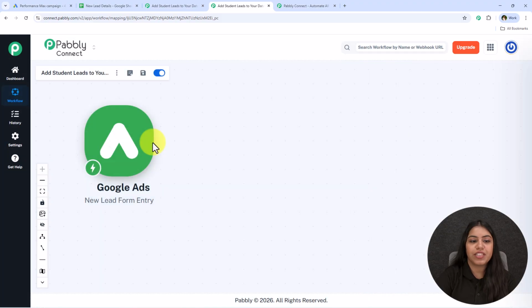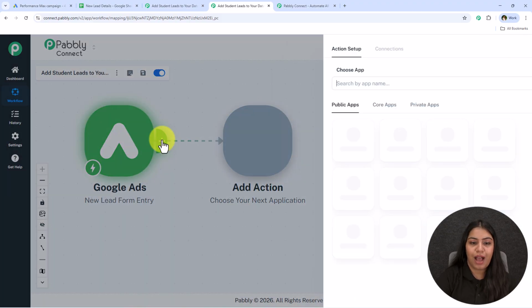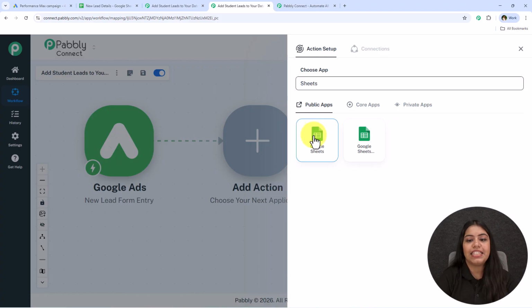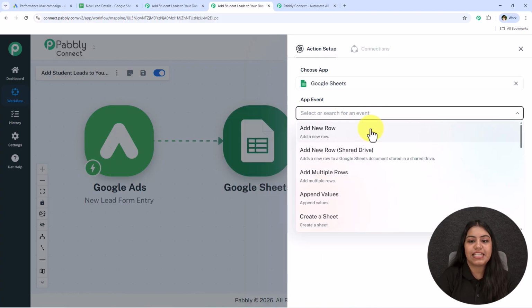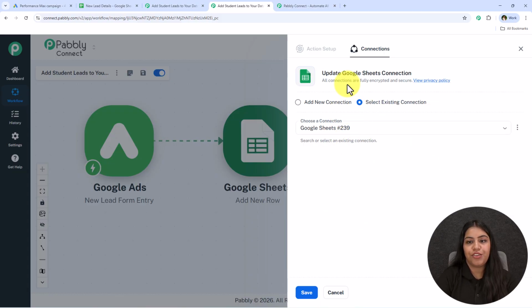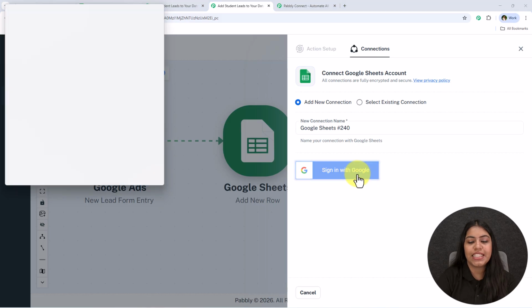You just have to close this and click on this add new action step for the action application. Search for Google Sheets and select it. For the event, you have to select it as add new row and click on this connect. Now if you've already created a connection between Google Sheets and Pabbly Connect, then click on this select existing connection and then save. But if you haven't, follow me, click on add a new connection and then sign in with